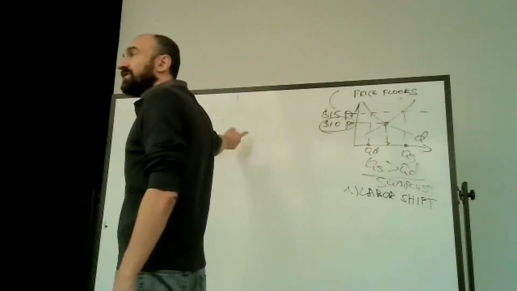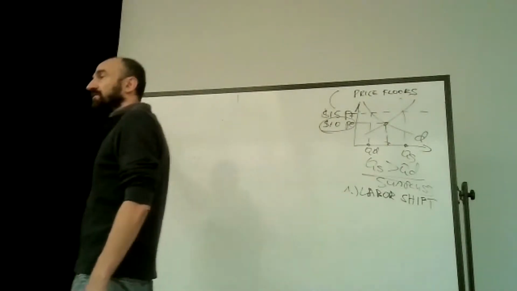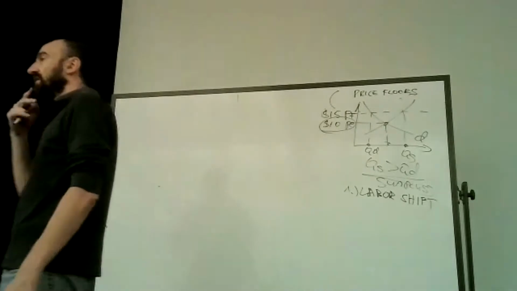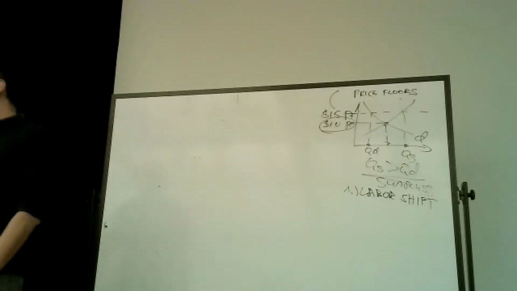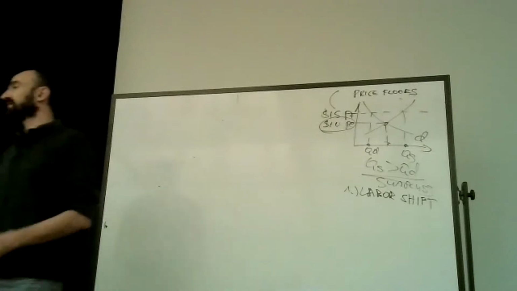Older workers with more skills typically can qualify on a free market for higher wages. So you're going to hire somebody to work the minimum wage job plus something else that a mere minimum wage worker could not have done. So now I have a shift in the demand for labor. If the government didn't intervene to impose the price floor, to impose the minimum wage guarantee, you would have employed a lower skilled worker. Now the demand shifts to higher skilled